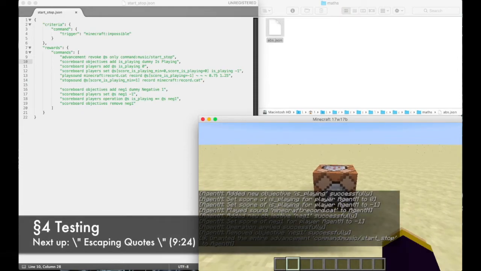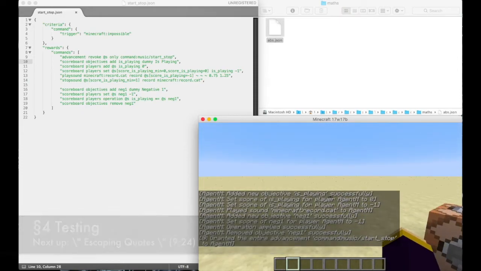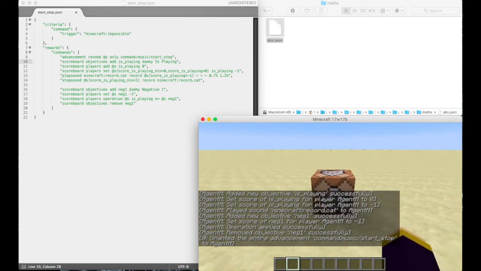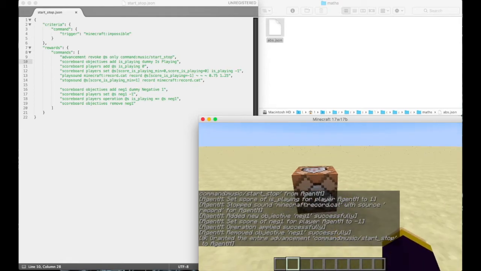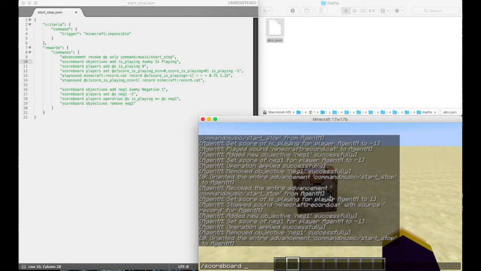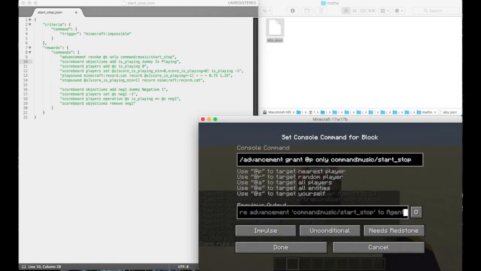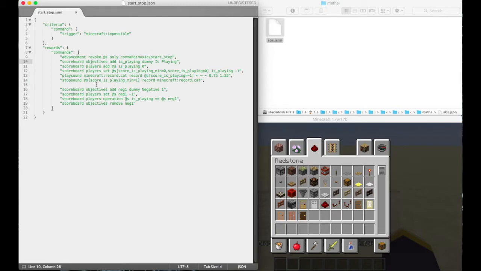And now it starts. It starts the song, right? And we hit it again. It stops. Start, stop. Right, let's remove the spam. Game rule, command block output false. Let's give us a little bit more feedback. So basically copy this and copy that, copycat, and we basically want to do,